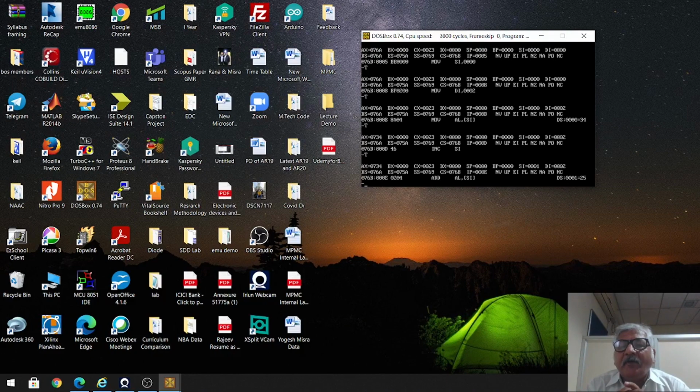Now the next instruction is ADD AL, [SI]. So it will add the two numbers. One number is in AL, that is 34. The second number is in memory, whose address is defined by SI. My second number is 25. So 34 plus 25 will be added and the result will be stored in AL. Currently in AL we have 34. After execution of this instruction, the 34 will be replaced by 59. Right? You can see this. This is 59. In AX register, you see the value is 0759. Here 59 is the part of AL.